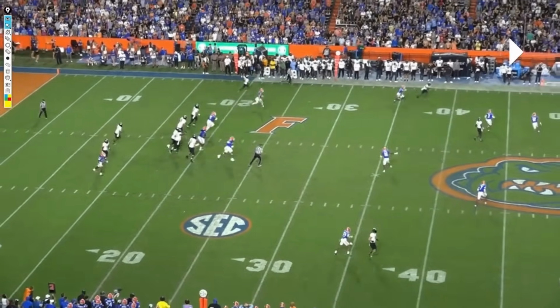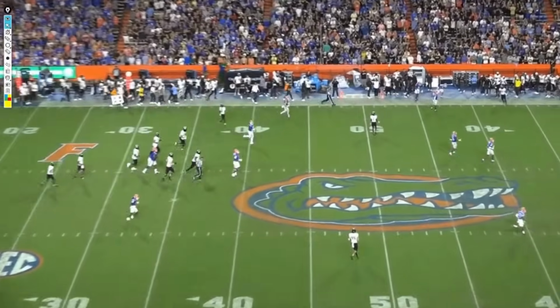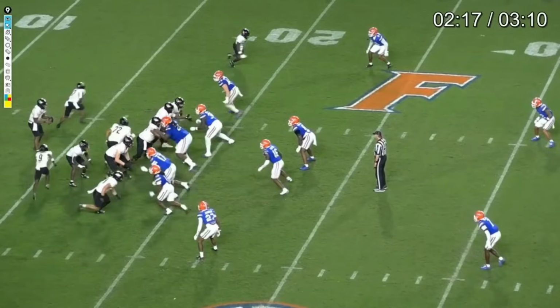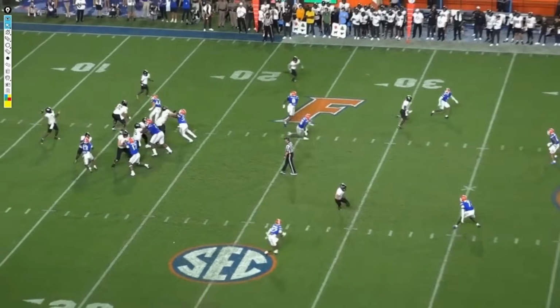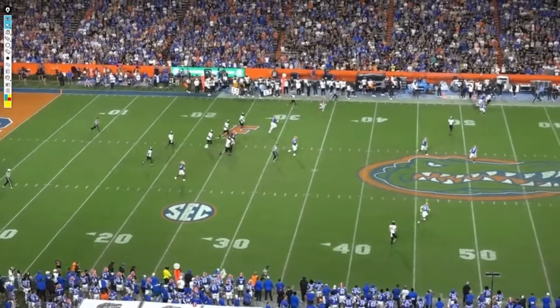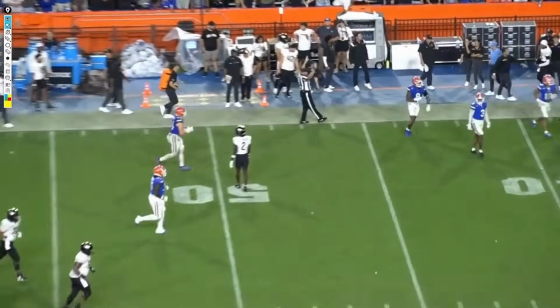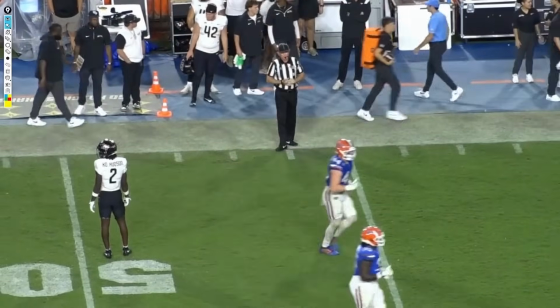A good job letting the football travel to him. This is showcasing more of the hands than anything. I like him from a wheel route perspective. I think he has enough speed, with a 4.4 time there at the combine. There is some speed there, I think, more often than not in the NFL. He's going to get caught from behind, but at the end of the day, he's got enough to create explosives